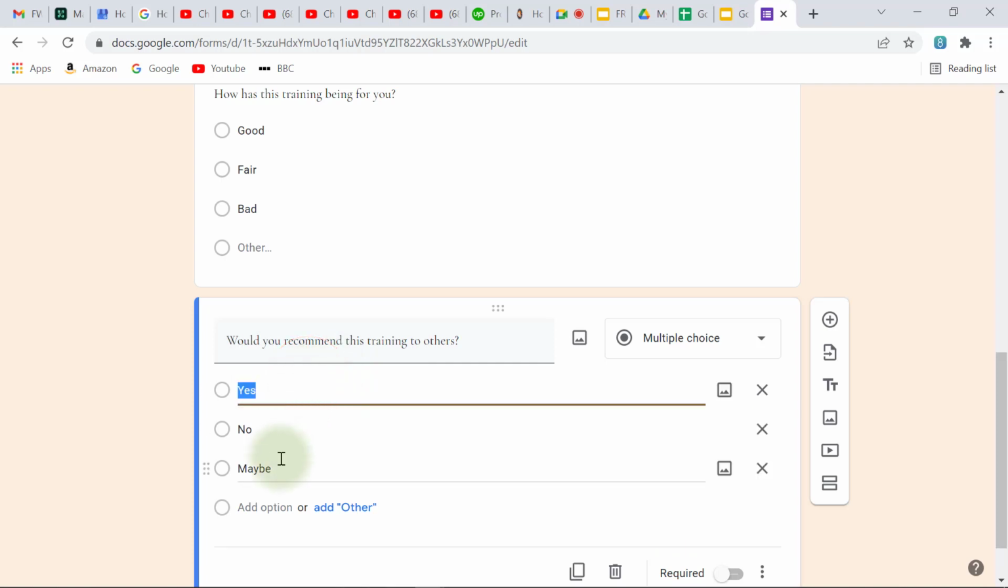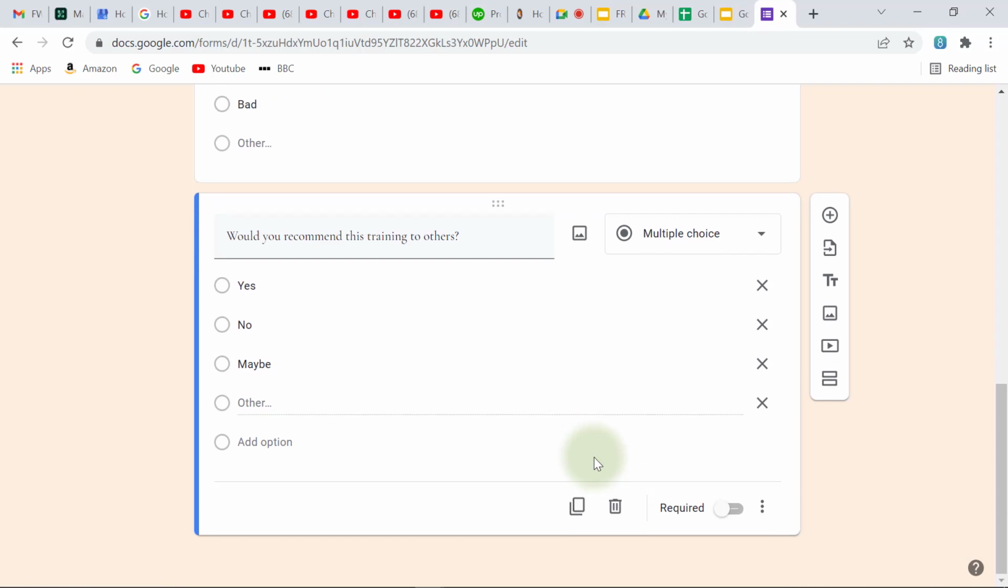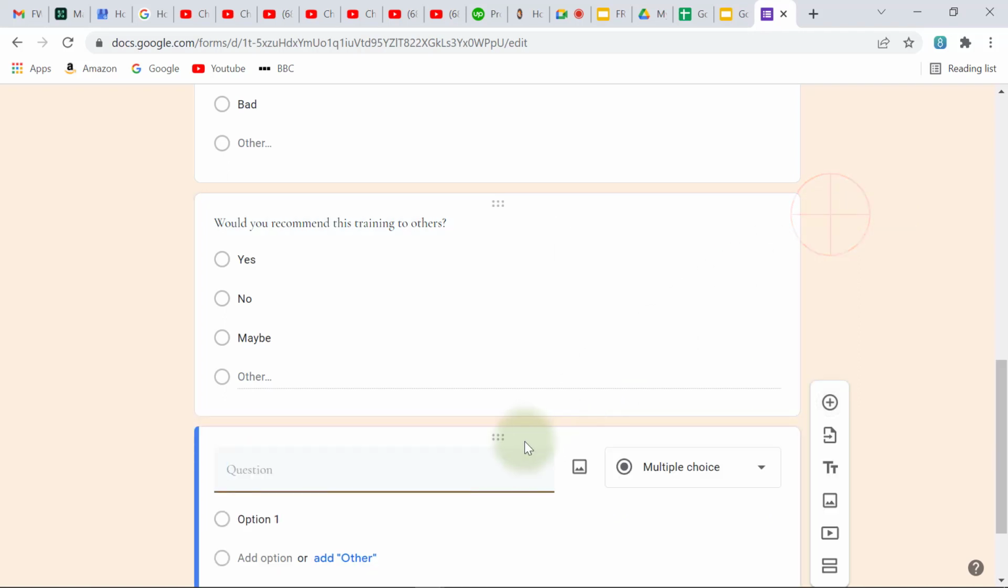And if I feel I still want to give people the choice to give me their own answer, I can click on add other so that people can tell me if there is any other answer that is outside this that they want to supply to me. Do you understand that? Now, one more thing I just want to attach is the last question which I'll be asking you is,